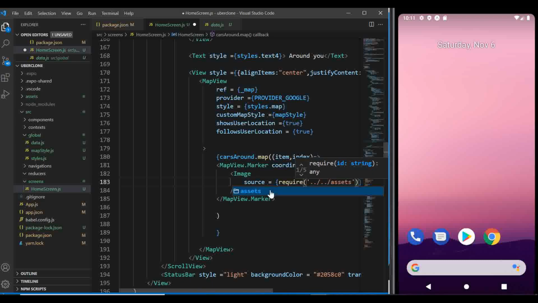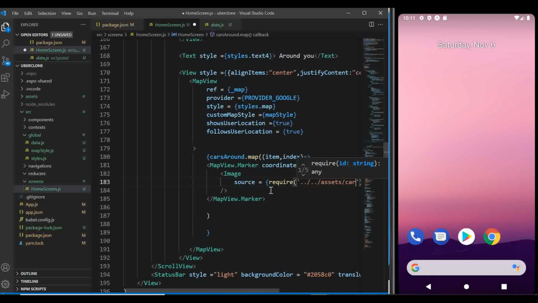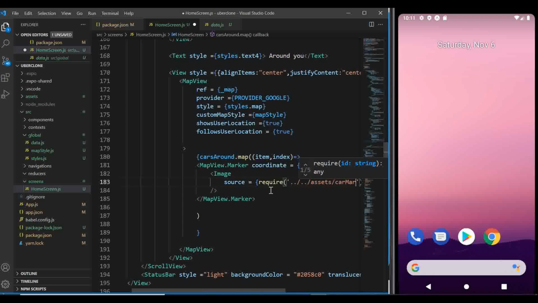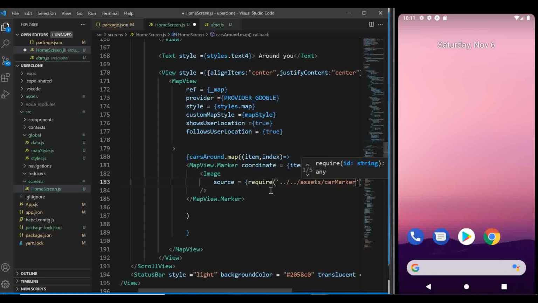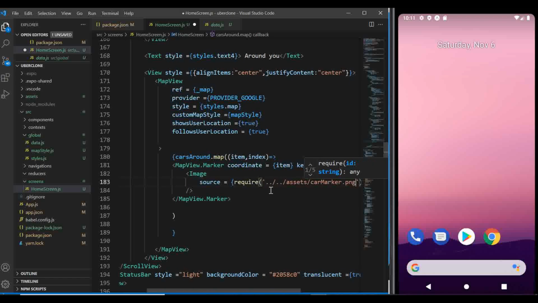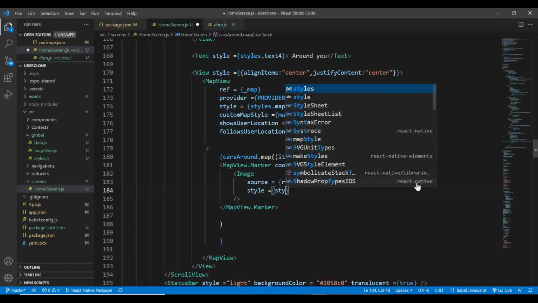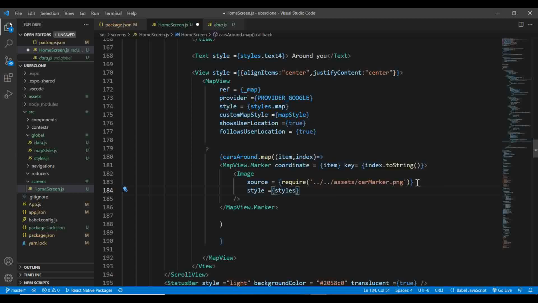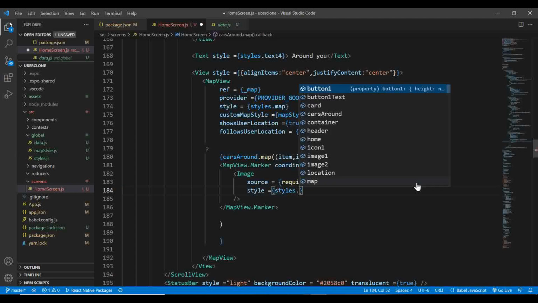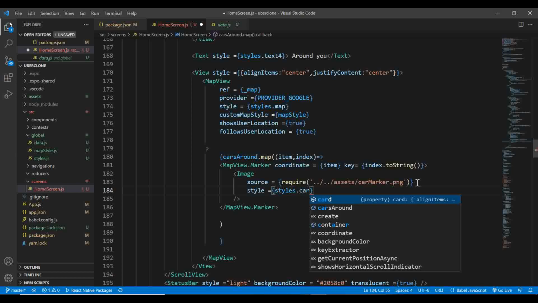Assets/car marker.png, and we need to pass some styles for these things to work, and the style will be styles.carsAround,